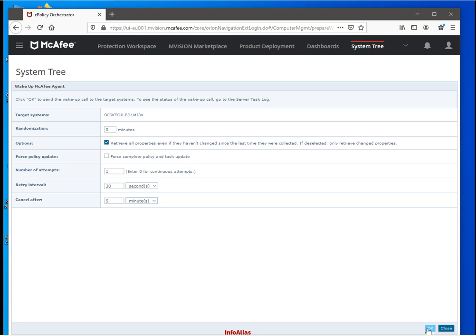Once I click on Wake Up Agent, it asks for the timings and the number of attempts, and each and everything you can specify manually over here. I just keep the defaults checked. So I click on OK.